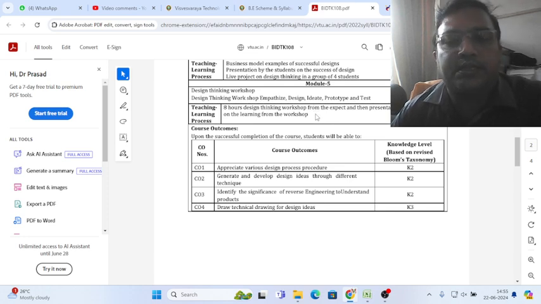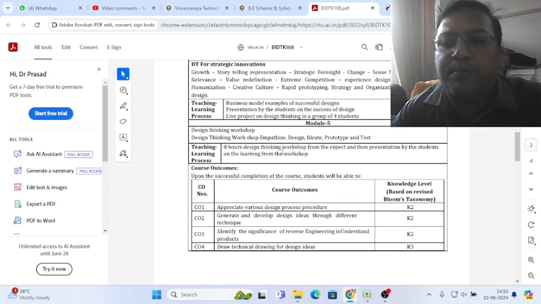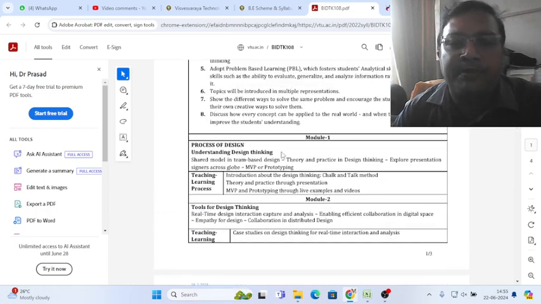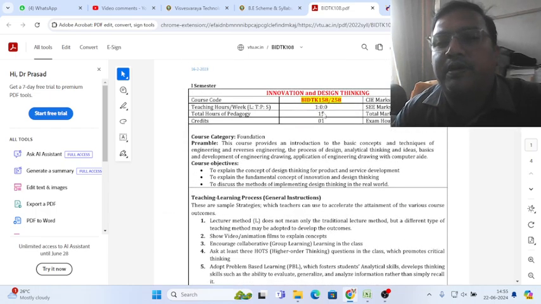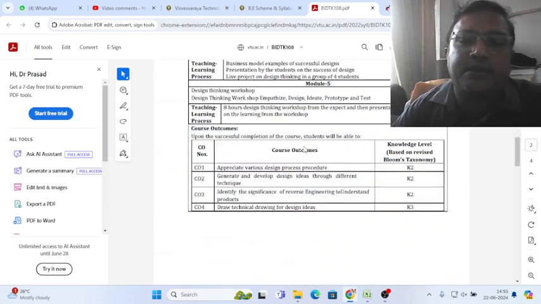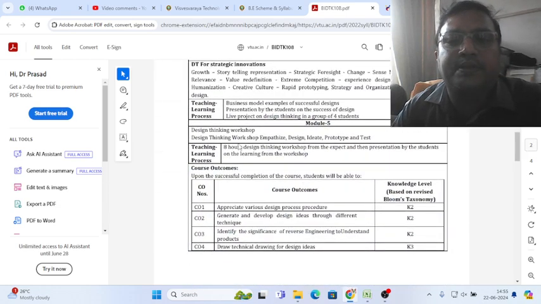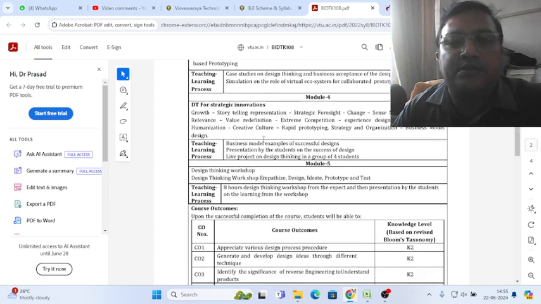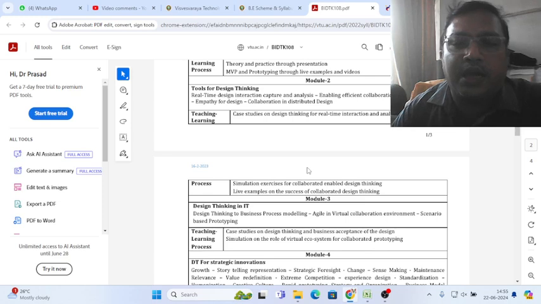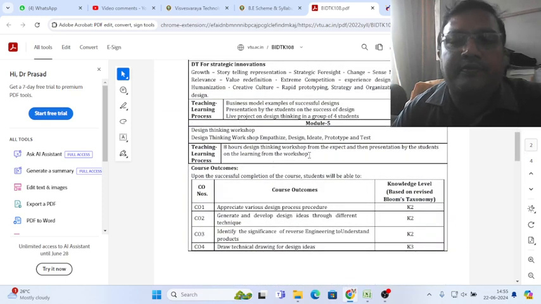someone to conduct this. Last year I invited a few people to come and present it, but I think that if I do the activity on empathizing, design, ideate, prototype and test in regular class hours only, it will be much more useful for the students, because the syllabus is totally 15 hours. Of that, 8 hours are mentioned for module 5, so if I distribute the remaining hours also, I think I will get enough time to complete this task.